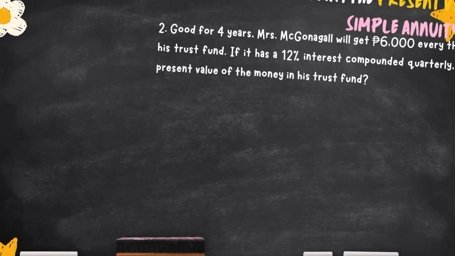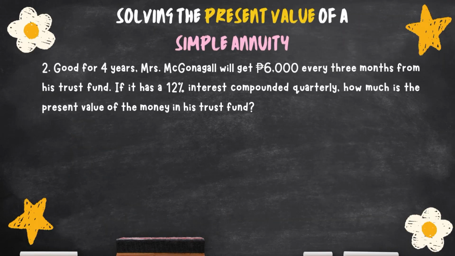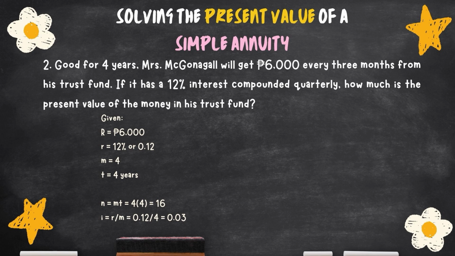Now next problem. Good for 4 years, Mrs. McGonagall will get 6,000 pesos every 3 months from her trust fund. If it has a 12% interest compounded quarterly, how much is the present value of the money in her trust fund? First, let's determine the given. So we have R 6,000 pesos, the rate 12% or 0.12, m is 4 as well as the time 4 years. The n we have 16 and